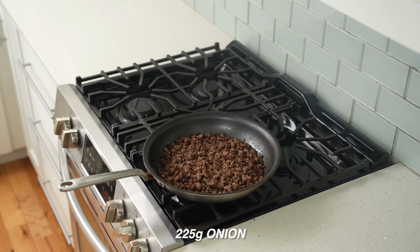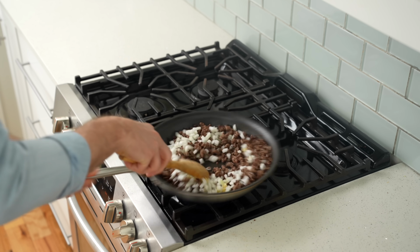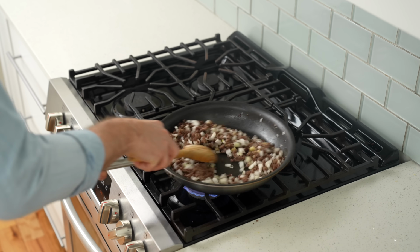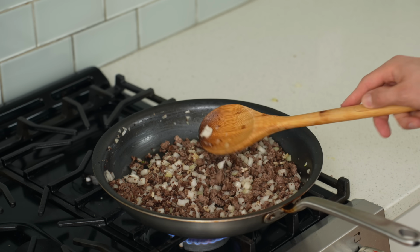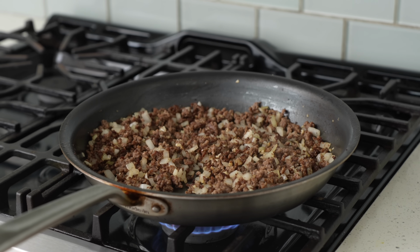In goes 225 grams of diced onion and 20 grams of pressed garlic. Then I'll jump in and saute with the beef for about 4 to 5 minutes over medium heat. Here I wanna soften the onion and open up the flavor of the garlic. Don't cook this on high heat though, because it will dry out the beef and probably burn the garlic. Okay, that's looking good. The onions are translucent and the garlic is